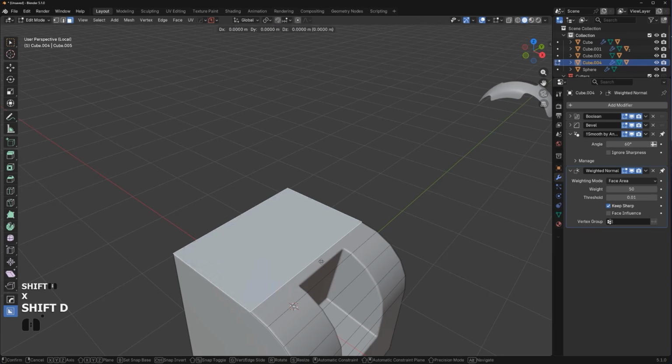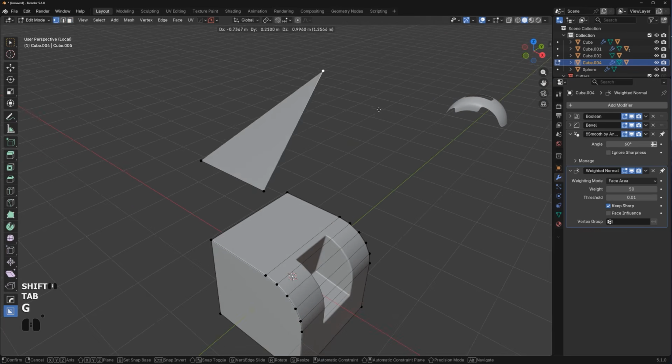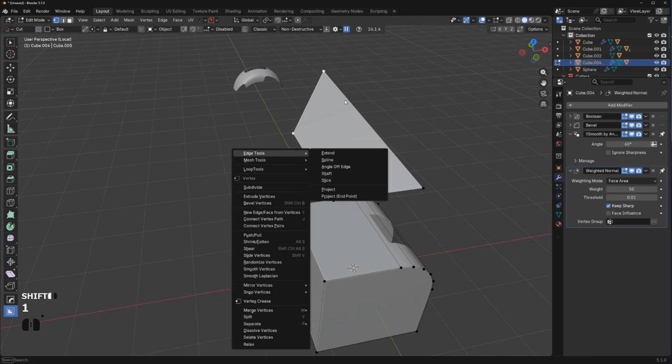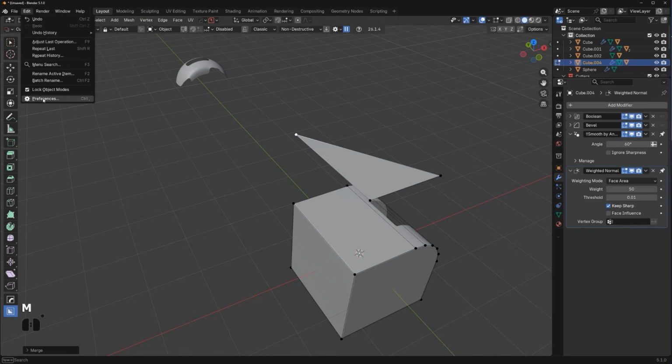You see, polygons, as long as they're quads or n-gons, can bend like this, right? You can bend them. Now, you cannot bend a triangle, right? Triangles are not bendable. So if I'm going to merge these two right here,